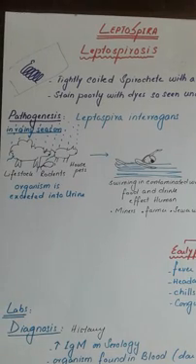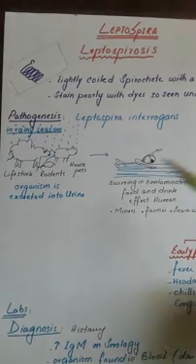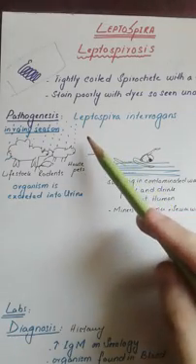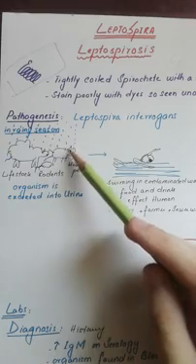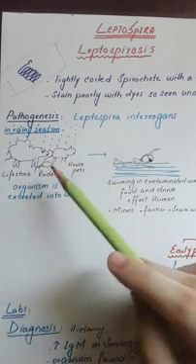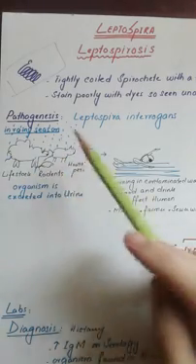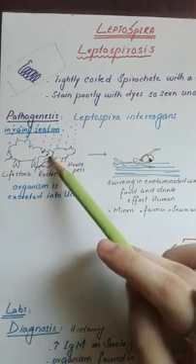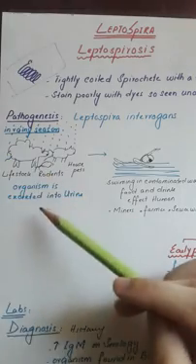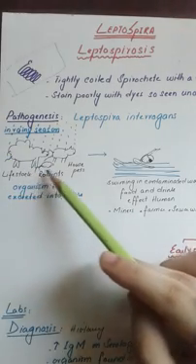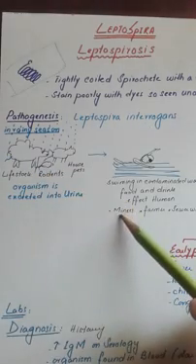Now, the pathogenesis of this organism: it consists of a genus which is known as Leptospira interrogans. Now, this organism is mostly prevalent in rainy seasons or in tropical areas where it rains a lot. Now, this organism is present within the livestock, the rodents, as well as in the house pets. This organism is excreted from these pets in the urine. So if this urine comes in contact with the food